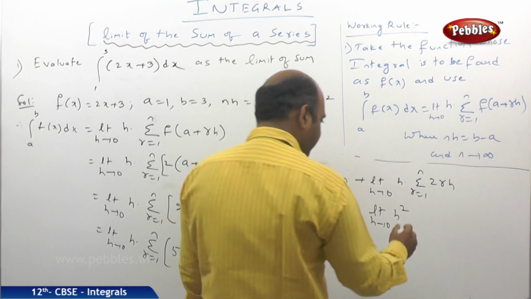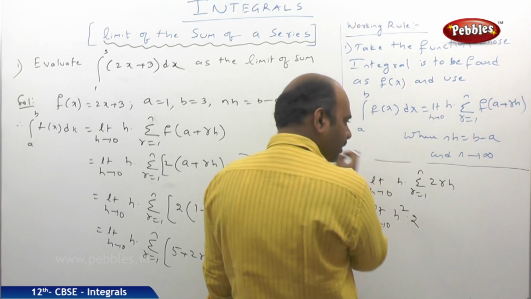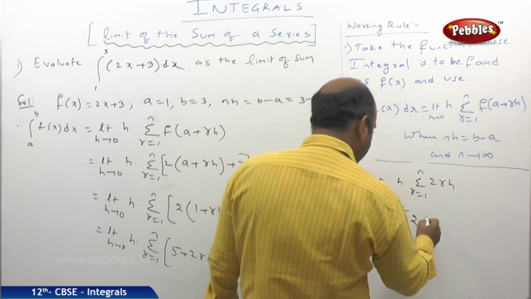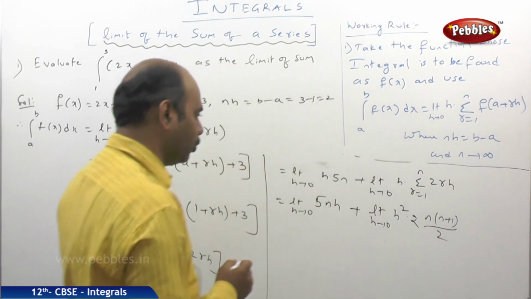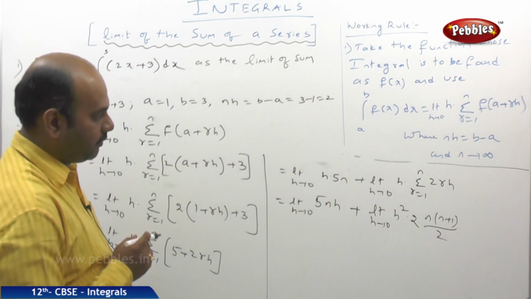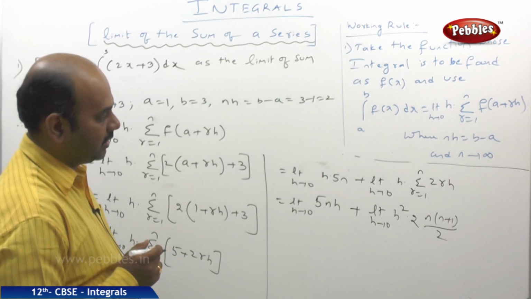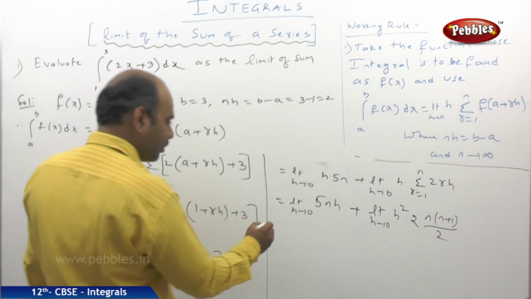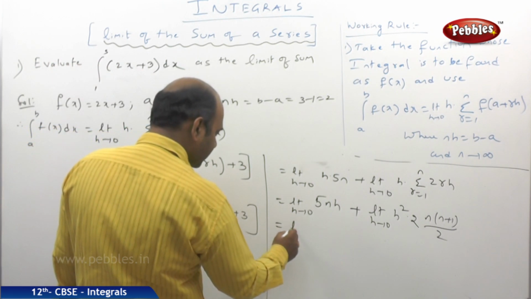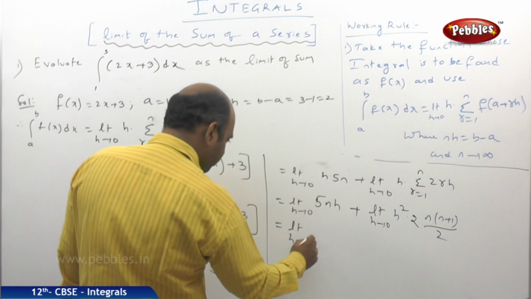This is h square and 2 will be outside. Summation r equal to 1 to n, r means n into n plus 1 by 2. If you observe carefully, this particular h square can be distributed inside. So how I will be distributing: limit h tends to 0